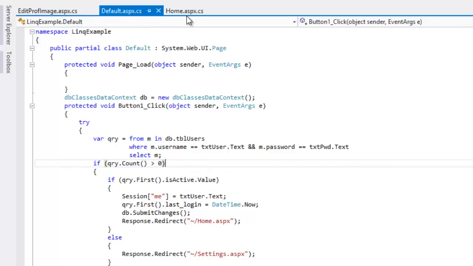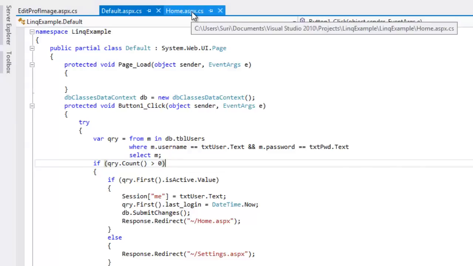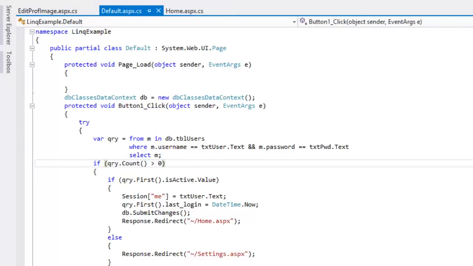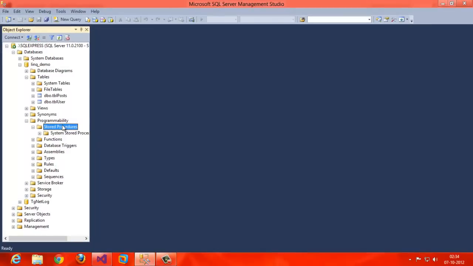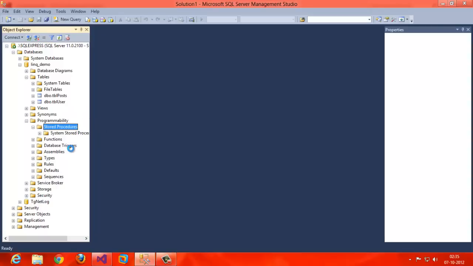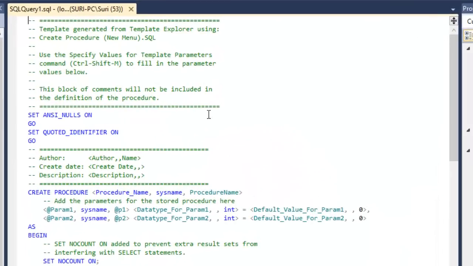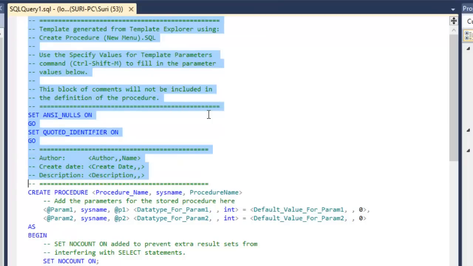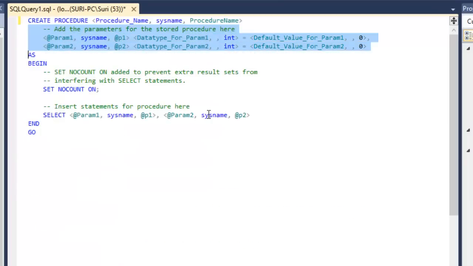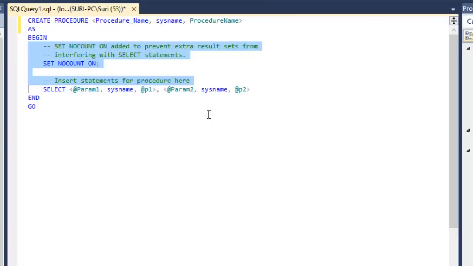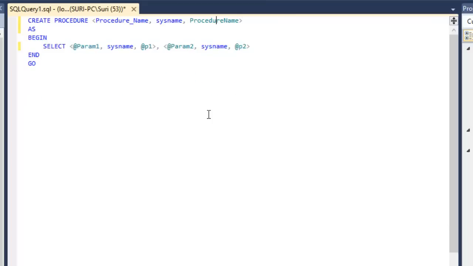First, what we do is simple. Just go here and write a simple select query, and I'll save it as a stored procedure in my database, or you can write it in this area as well. It's completely yours, but I use this. So this is my stored procedure. We want to create the stored procedure, I'll call it get user